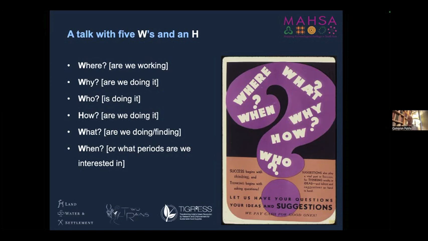I realize I have set myself a relatively big task in the sense that I'm probably going to try and give an overview of a very large geographical area, a long chronological period, the methods that we've been using, and hopefully maintain your interest throughout the whole talk. There is a risk that I'll go into too much detail. It's also a risk that I won't give you enough detail, but I'm more than happy to take questions later on as well. But just to make sure that we're all on the right page, so to speak, the MASA project